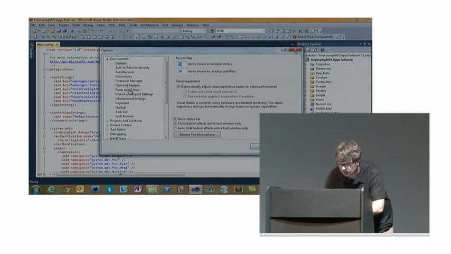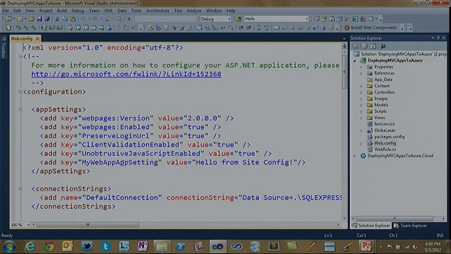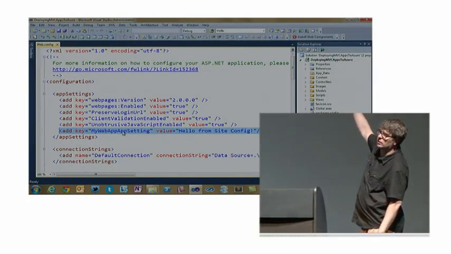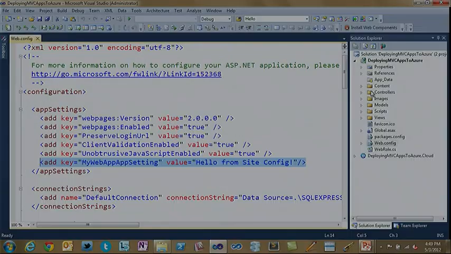Sorry about that. So you'll see that I have a setting in my web config, my web app setting. And I've got my web project set as my startup project right now. Over here in my controllers code,